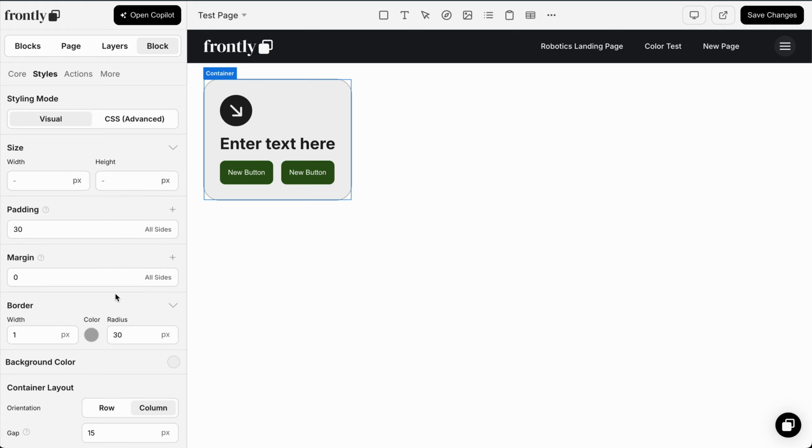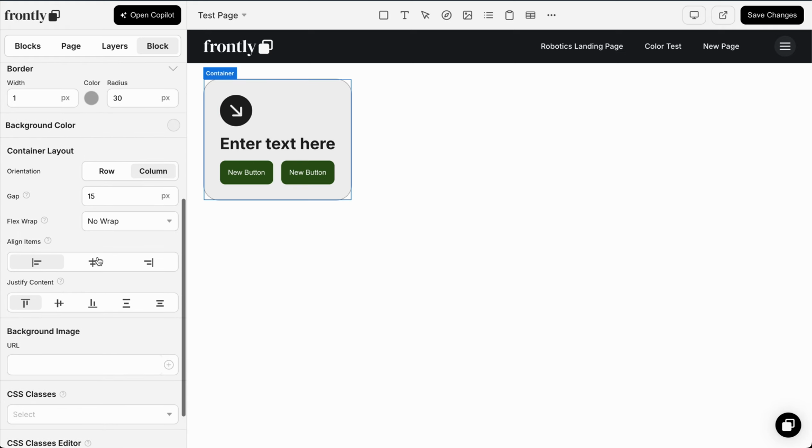Now if we go back to my container, I can start to think about the layout even more. So these two things here were kind of full width and they were stretching the container size. But because the icon is smaller than the width of the container, we're now seeing it's sort of adjusted. It's sitting on the left side. If we want to make a change to that, there's the setting called Align Items. And you can see it shows you a little bit of a preview here. You can align things to the right, to the left, center. Center is really nice for cards and things like this, especially if you wanted this to be more like an